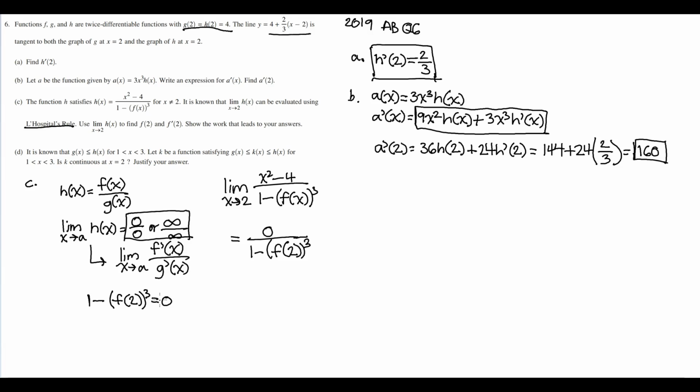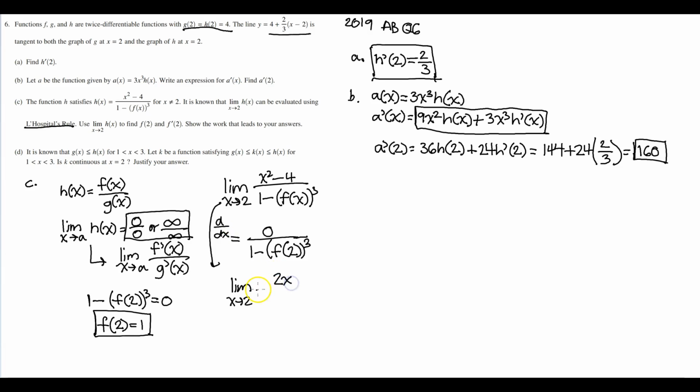Okay, and what we get is f of 2 equals 1. Now, f of 2 equals 1. So f prime of 2, so now what happens? If we take the derivative of both the numerator and the denominator and find the limit of that, as x approaches 2, what we're going to be doing is just take the derivative of this, and we get